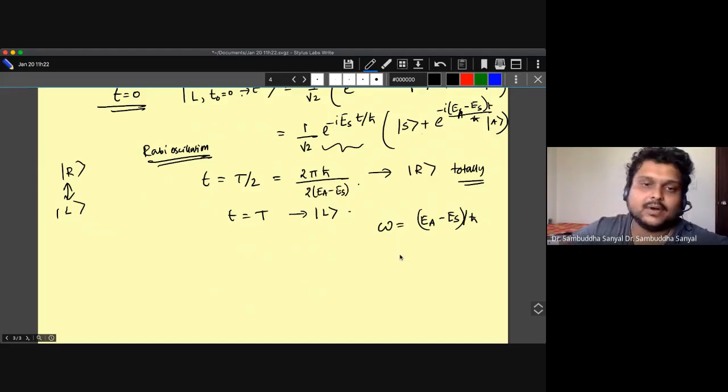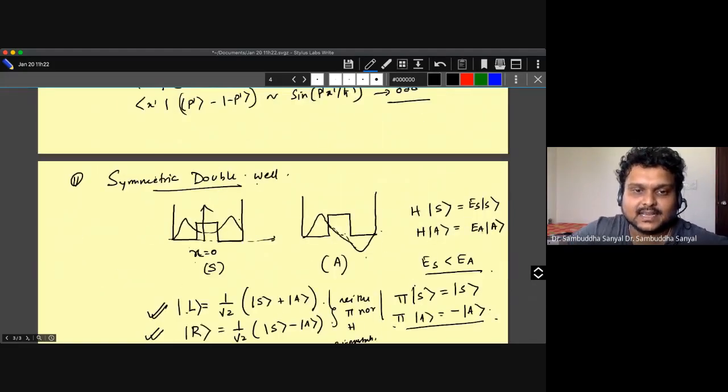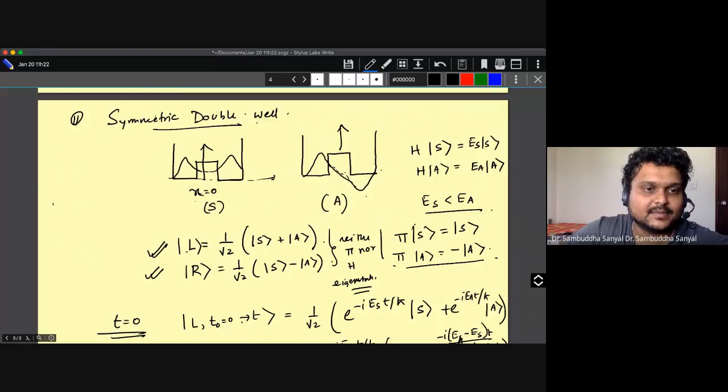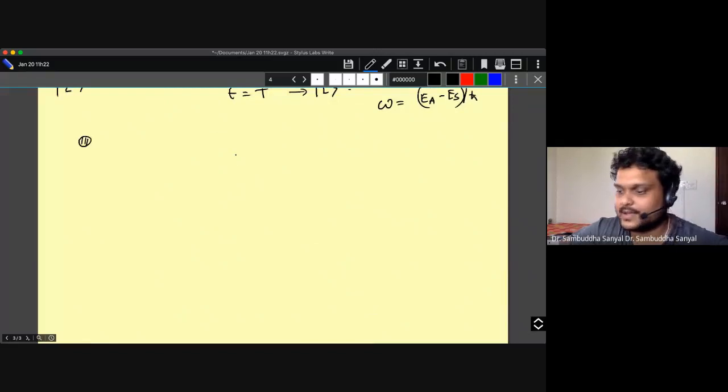So now I want to ask an interesting question. Let's say I have this state and I make this barrier infinitely long, which means I take it to infinity. Technically this problem you have dealt with, but you have not looked at this aspect. If you remember in the exam, there was a question that if I have an oscillator with an infinite wall, and then I gradually reduce the wall size, what happens when you do that?